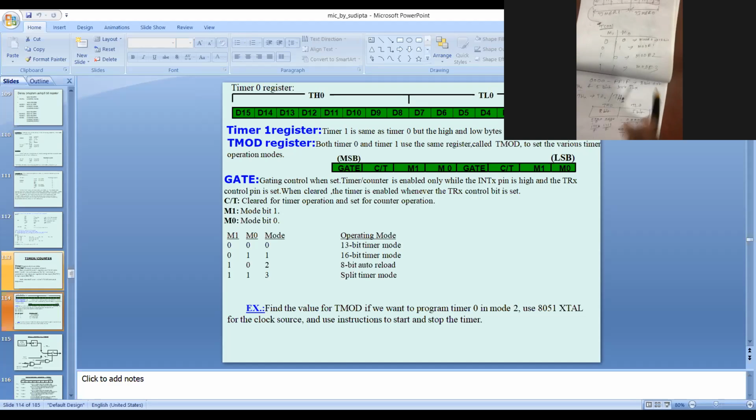Sorry, mode 1. Give a hyphen: 16-bit timer mode.